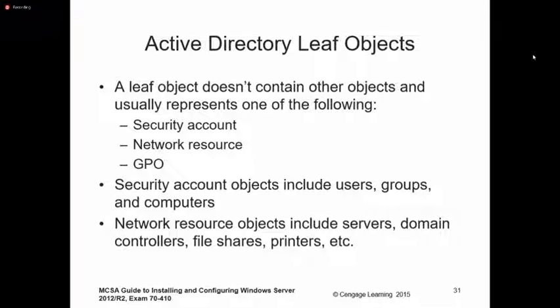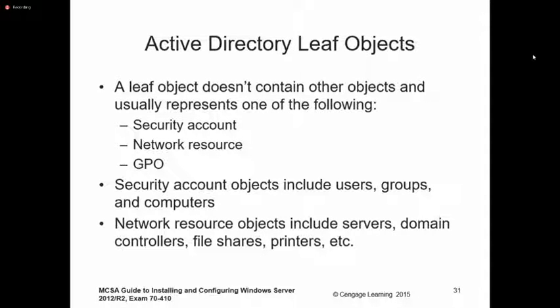If you take a tree, these are the ones in which it ends, right? The leaf of a tree, that is where it ends. We cannot branch a leaf, right? That is the end of the tree structure. So the leaf is the end of that structure. It can be an account, maybe a folder share or a group policy object, right? That we call leaf objects.